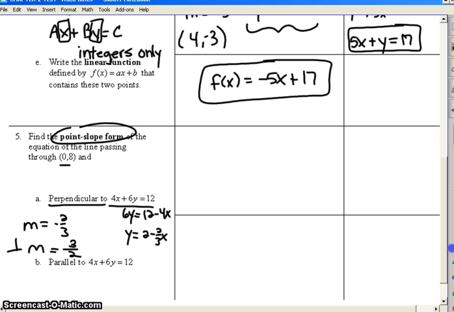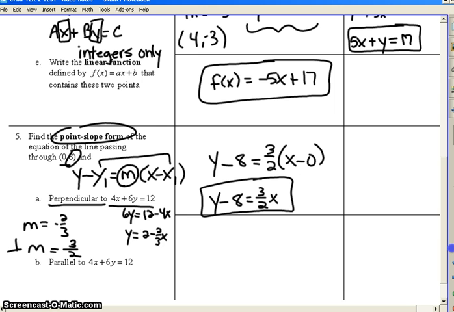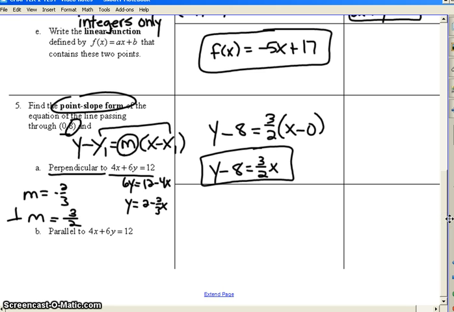Okay, point-slope form, y minus y1 equals m times x minus x1. Okay, that's going to be your slope, and these two is one of the points on the line. Okay, so we're going to start off with y minus 8, because y is equal to 8, equals 3/2 times x minus 0. Okay, that's the point-slope form of the line passing through 0, 8 that is perpendicular to the line given in